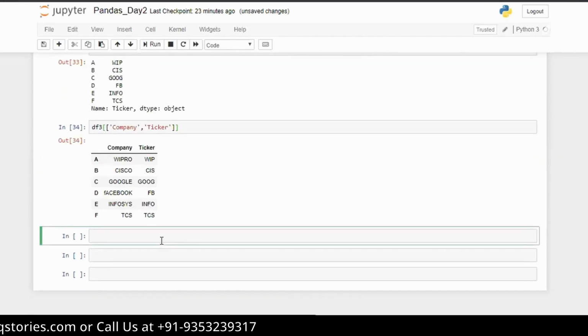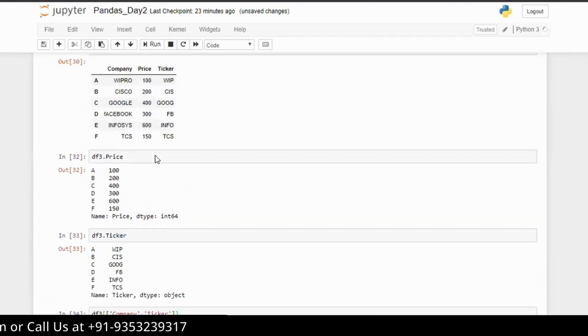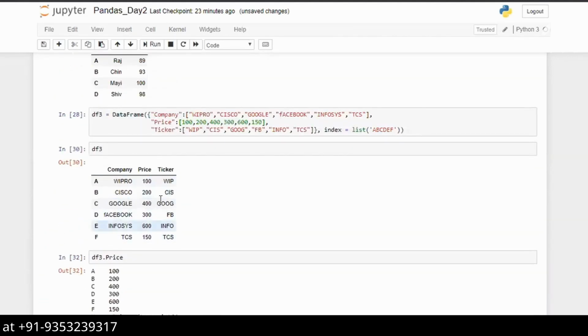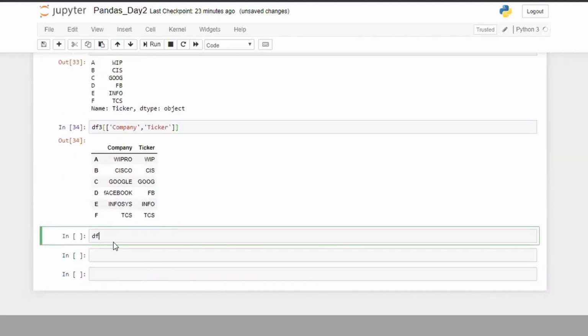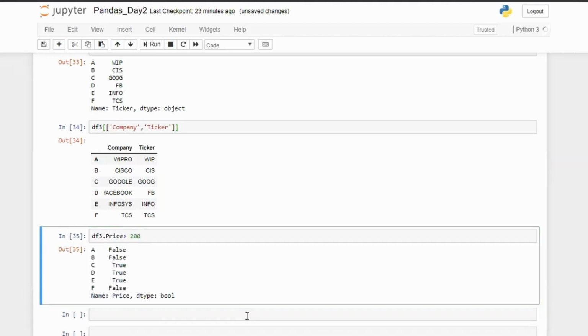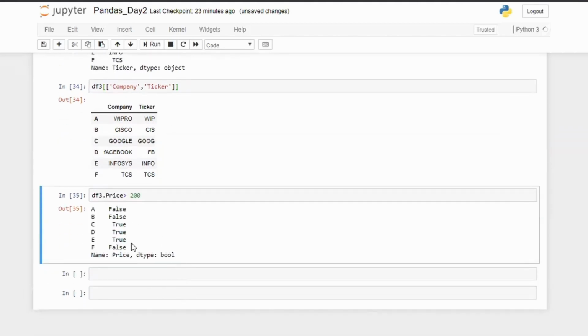And suppose you want the price values to be more than 200. So let's see what we can do. Write df3 price greater than 200. Yeah, false, false, true, true, false. So this is a Boolean way of taking out.